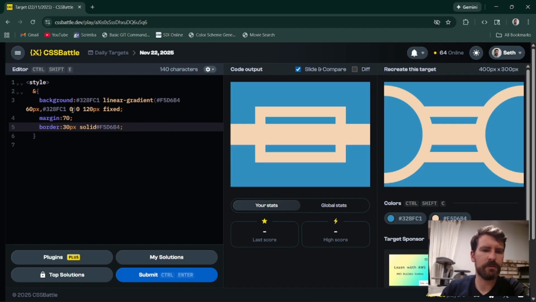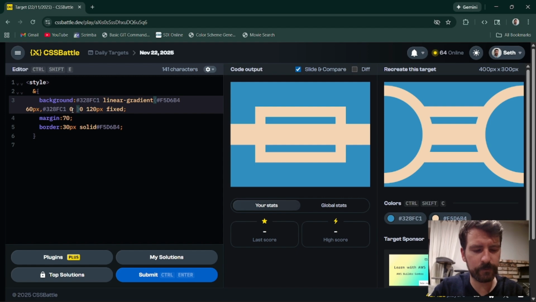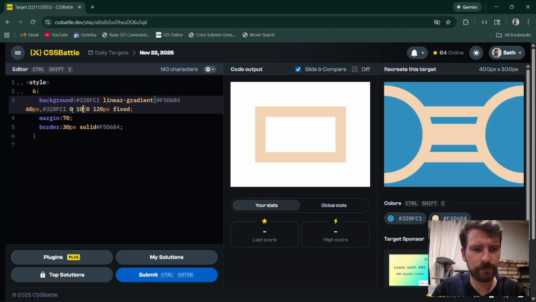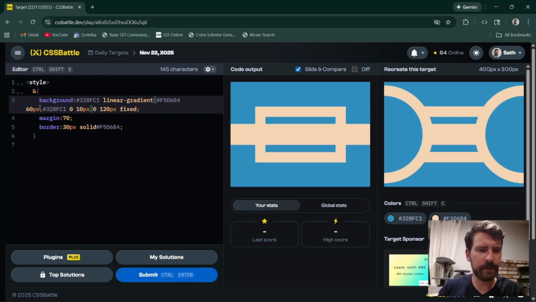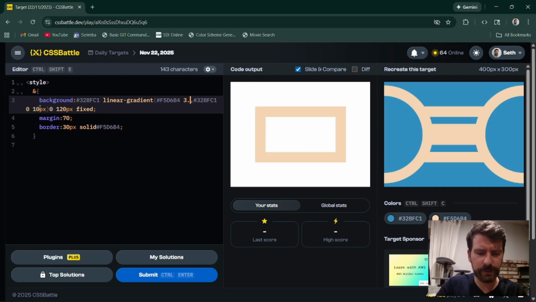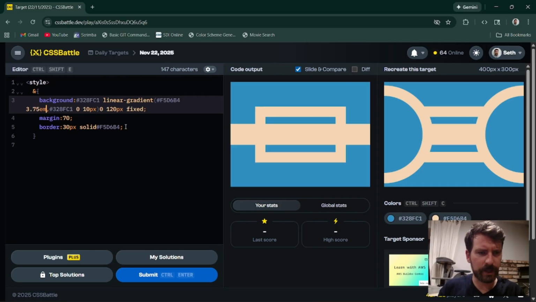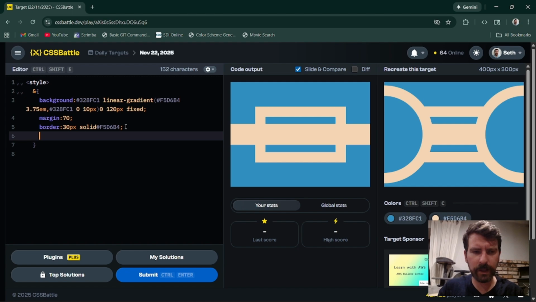Actually, I know what I could do. Right, if I do that, and then this becomes, let's divide it by 16. This is a wild idea. I don't think this is a great idea, but it beats a variable. 16, oh no, 60. 60 divided by 16 gives me 3.75 m. So that then what will happen is, instead of doing a variable to get this blue background, we